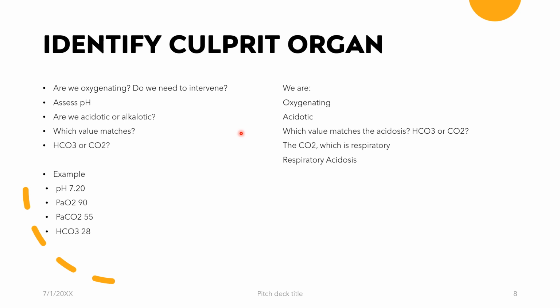Do we have a bicarb less than 22, or do we have a CO2 greater than 45? If our CO2 is greater than 45, we're respiratory. If our bicarb is less than 22, then it's metabolic acidosis. Whichever matches our